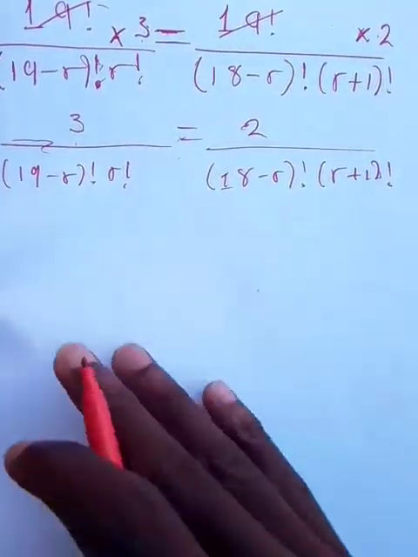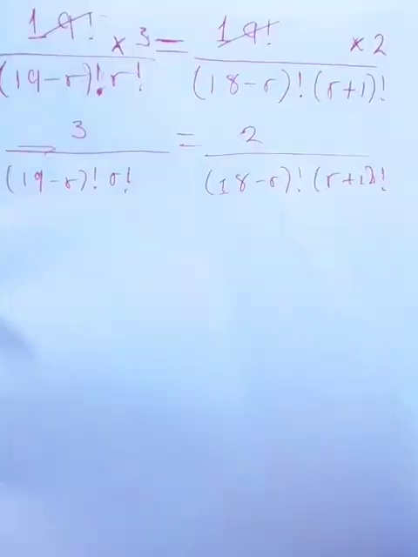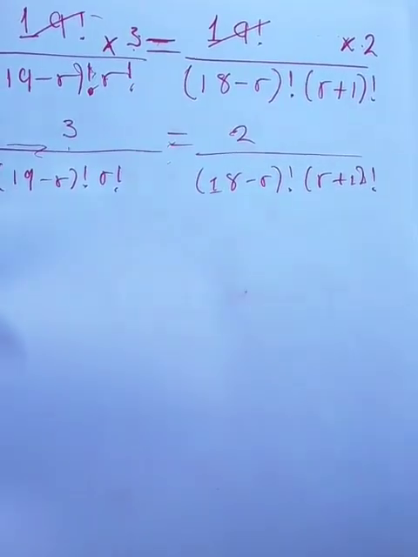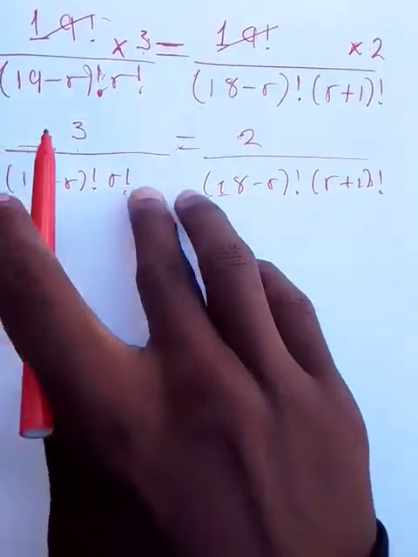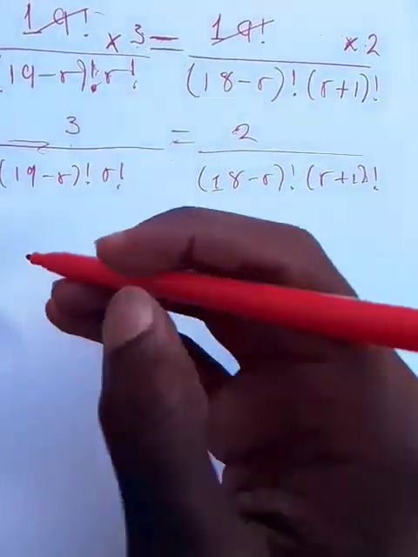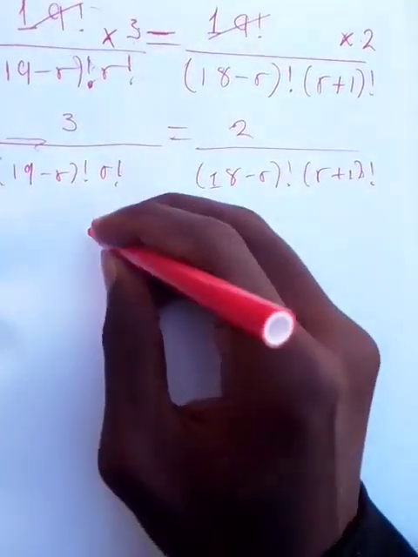Now, what else do you think is found on both sides that we can cancel out? At the moment we don't have, but we can have if we start breaking down the factors. Do you know that we can break down the factors? Let me give you an example of what we already have. Let's say I get this r plus 1